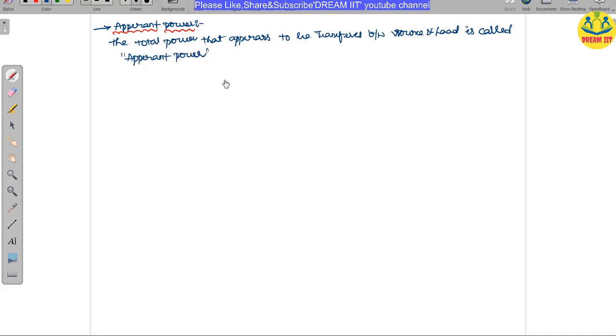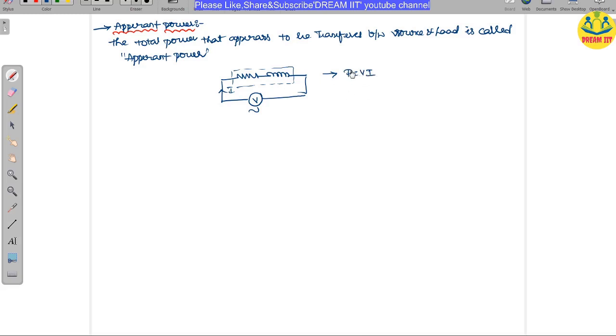Whenever you have taken some load, let us consider some load here, a resistor and inductor. If you take an RL load and connect one voltage source, an AC source, the current is flowing here. Whenever you connect a load to this voltage source, there is some power flowing, that is, power is consumed by the circuit, we are assuming. It is not the actual power, it is assumed to appear across the load.